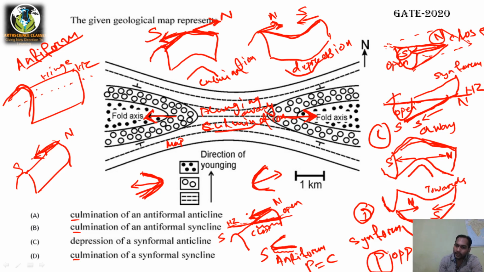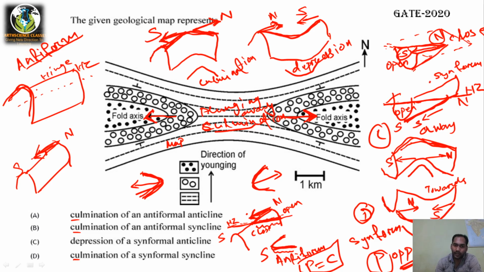Here plunging and closing are opposite. For an antiform, plunging and closing are the same, right? I hope all of you got it, that plunging and closing are opposite for synform and